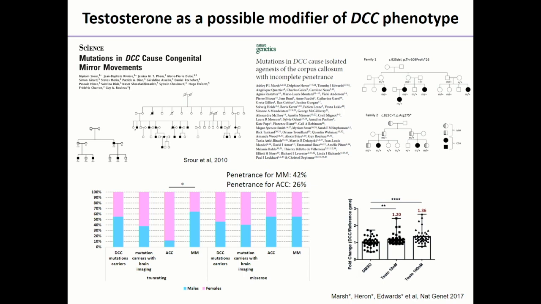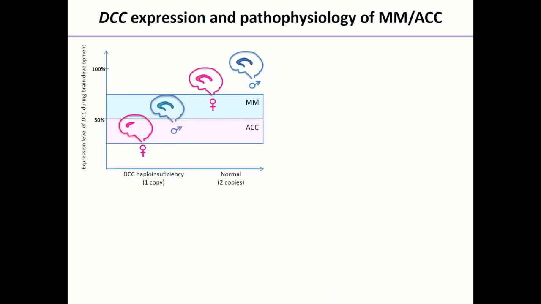We were able to show that testosterone has a very slight but significant effect and increases the expression of DCC. So it made us postulate that ACC is related to a threshold or different quantity of